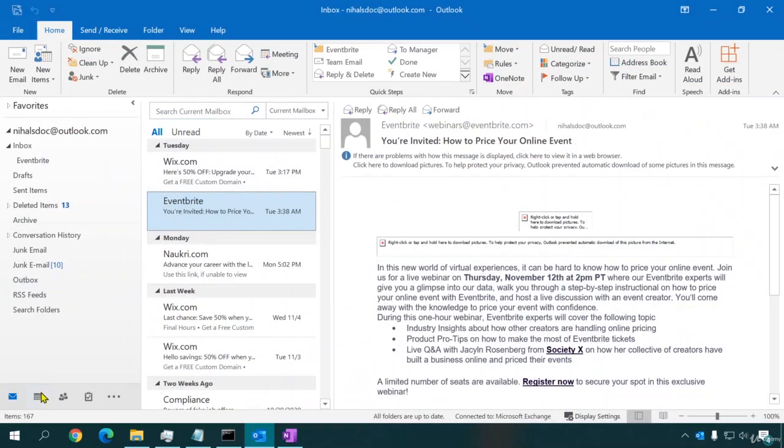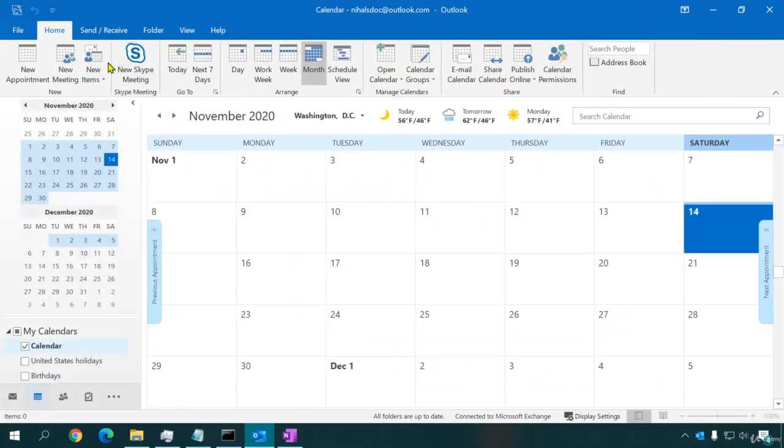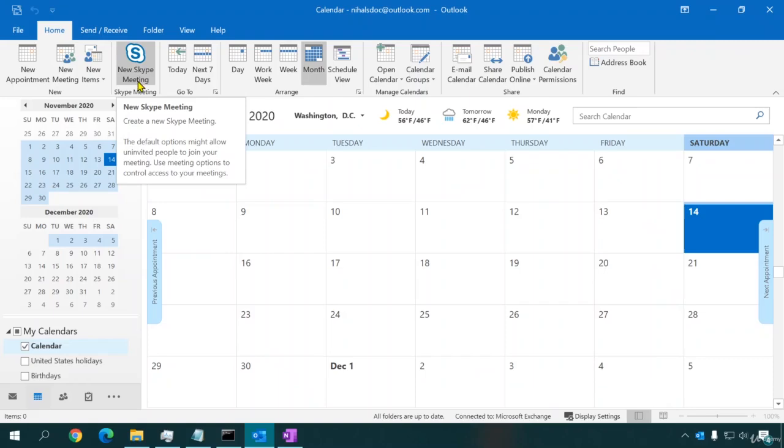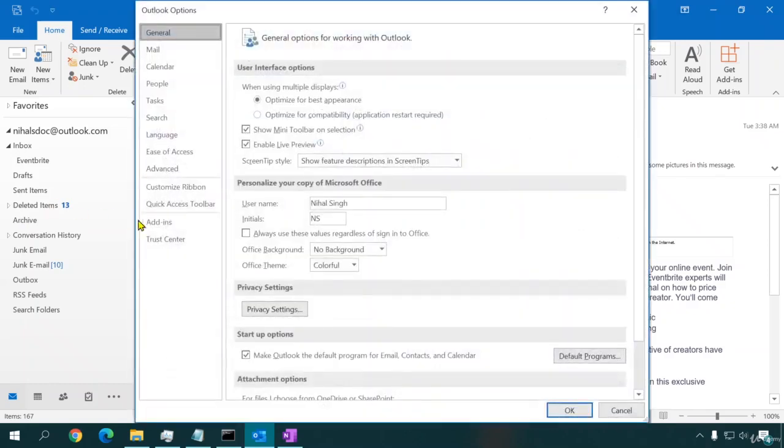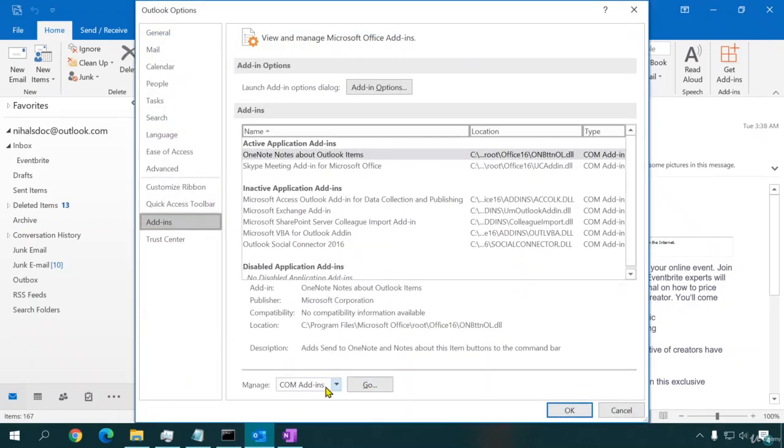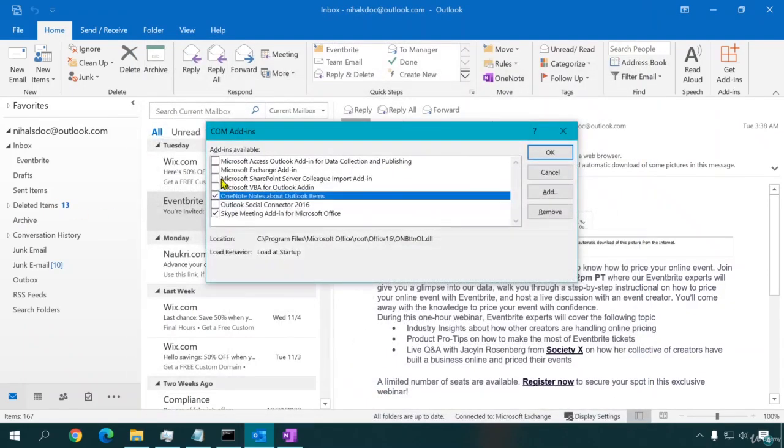All right, I'll go to the meeting and I will see if the Skype option is available or not. Okay, so now we are able to see the new Skype meeting. So the issue got fixed when we enabled the add-in. When I went to the option Add-ins, went to COM Add-ins, and we checked these boxes to